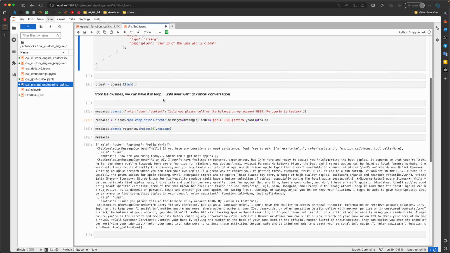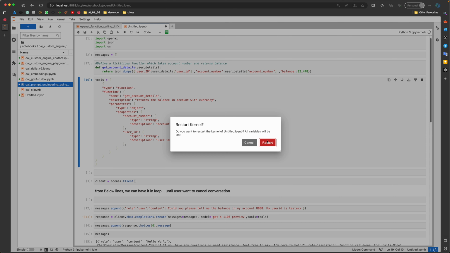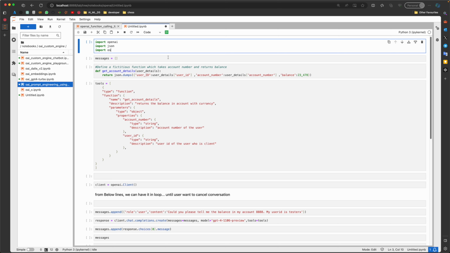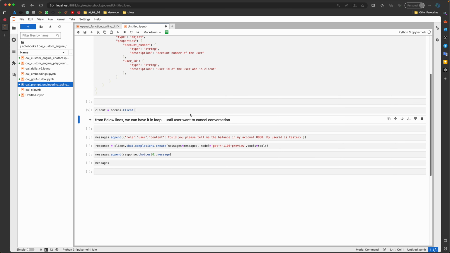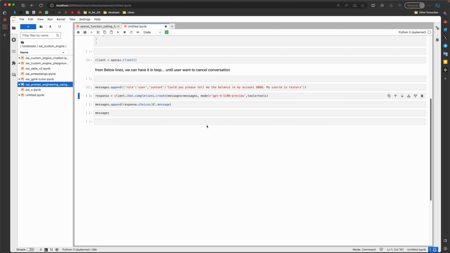So far so good. Let's clear everything now and rerun the whole program. So it's going to be: import libraries, messages, define my function, define my tools variable, instantiate my OpenAI client, and then I'm going to add the first message of the user and get a response from the API.